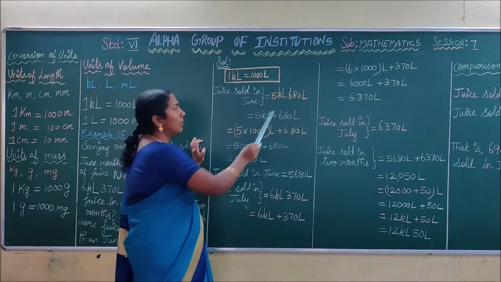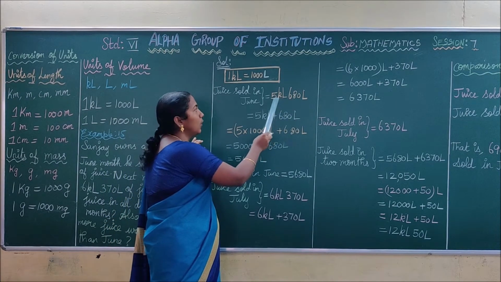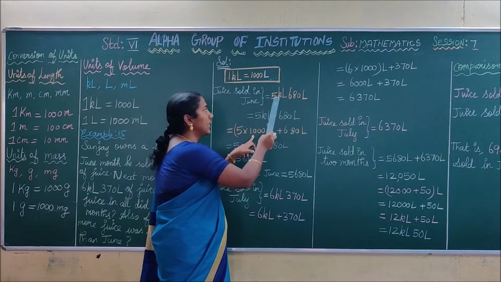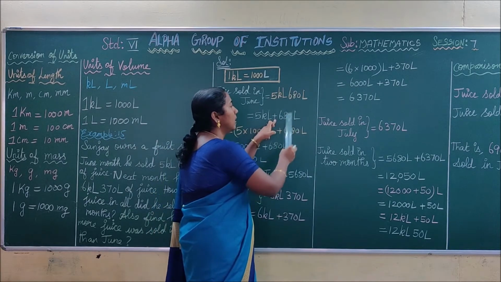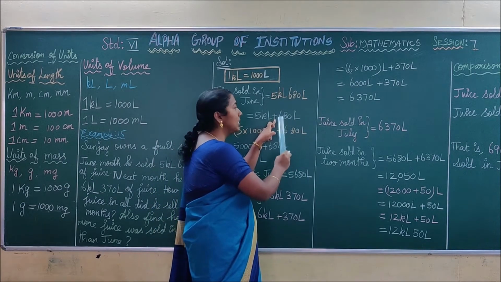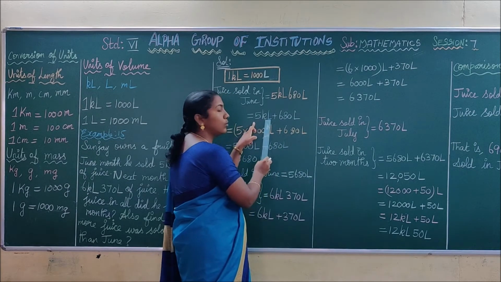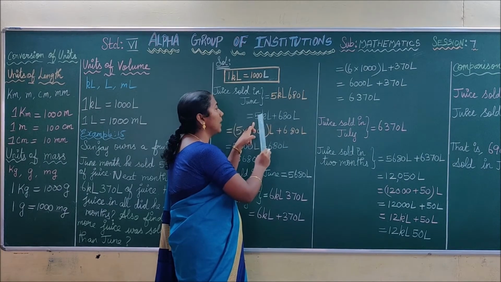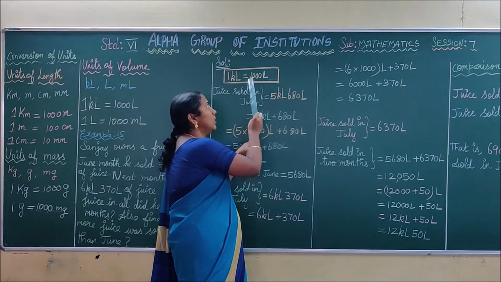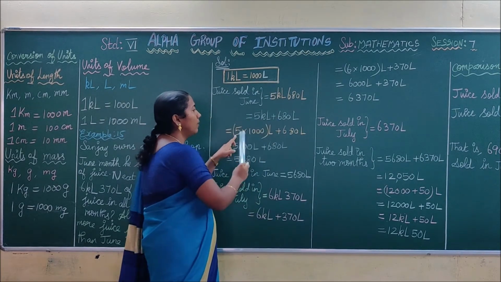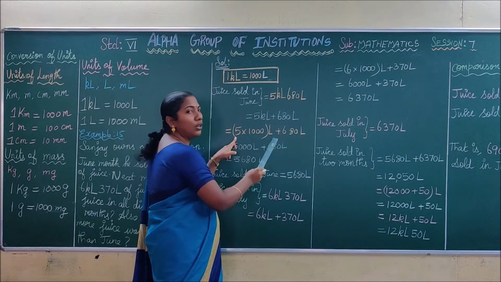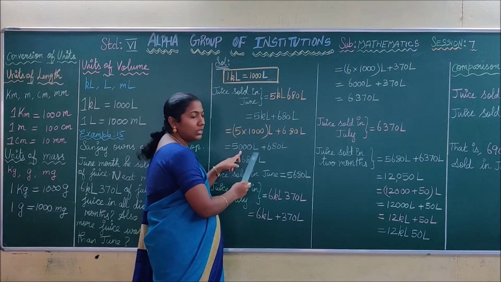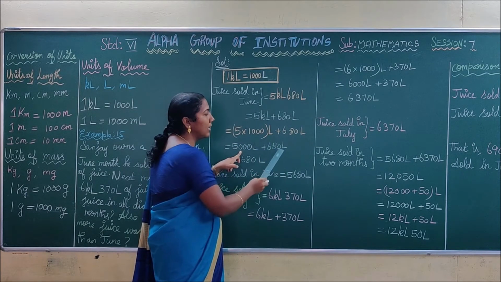Now we are going to convert this kiloliter into liter. For that you multiply this 5 by 1000. Before that you have to separate this into two terms. That is 5 kiloliter plus 680 liter. We need not convert this because it is already in liter. So you have to convert this only. It is in kiloliter. You have to convert this kiloliter into liter by multiplying this value by 1000 because 1 kiloliter is equal to 1000 liter. See here, children, 5 into 1000. This kiloliter is changed into liter because we are multiplying this 5 by 1000. Is it clear? So 5 into 1000 is 5000 liter plus 680 liter.